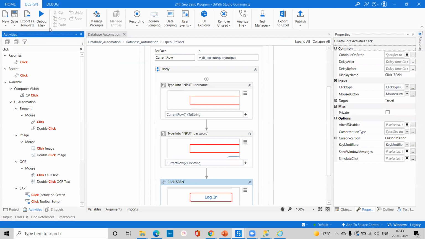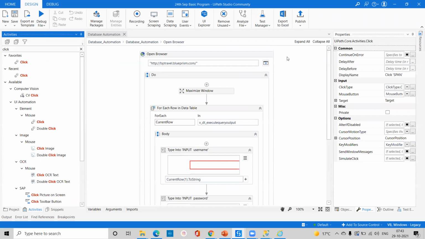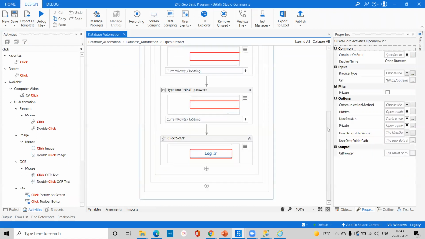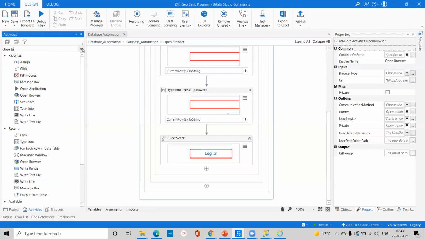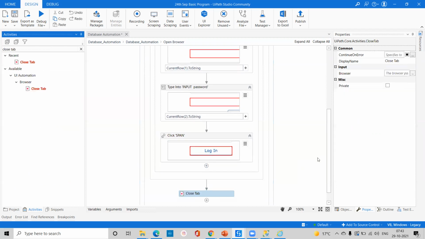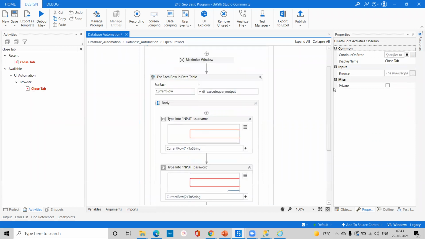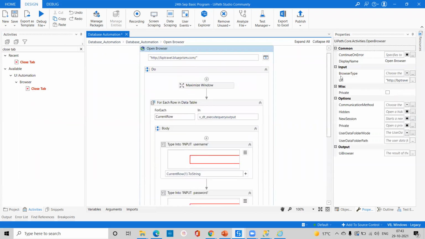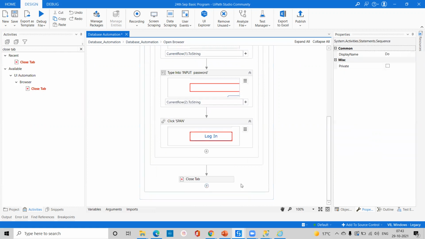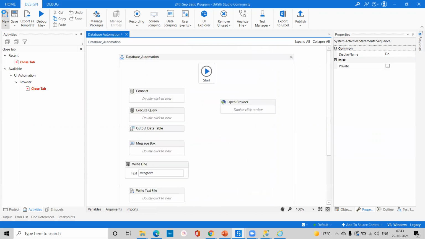Okay. So let me check, and after that we have to close this browser also. So always check this type of things like the blue icons, and here if you come here we can go for the close tab. Always check these things where we are getting. Before last we have to take these things closed. Okay. Let me run this program.